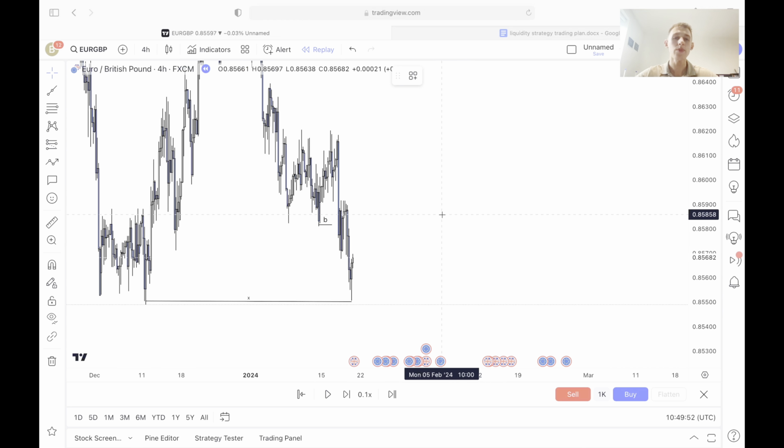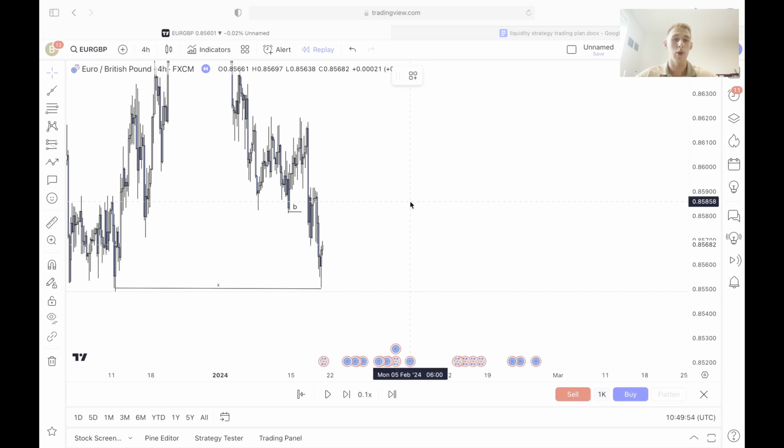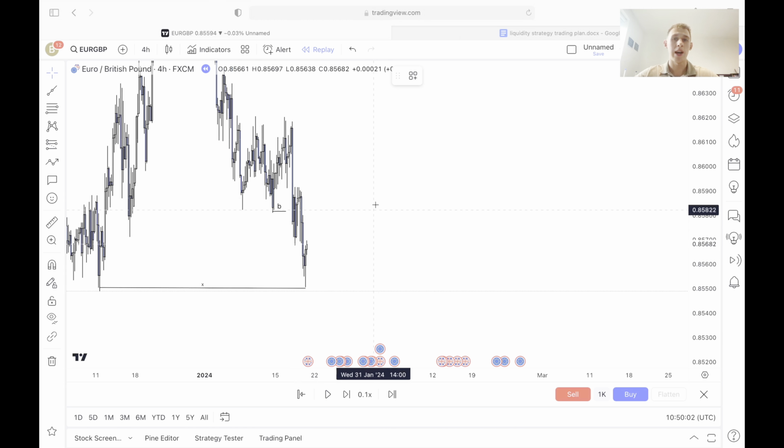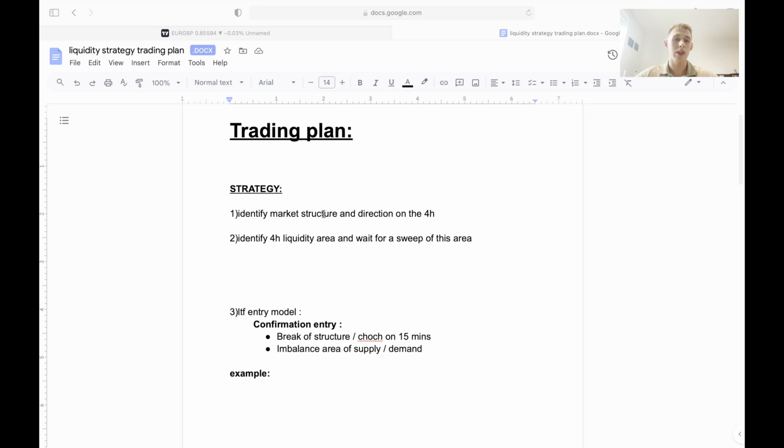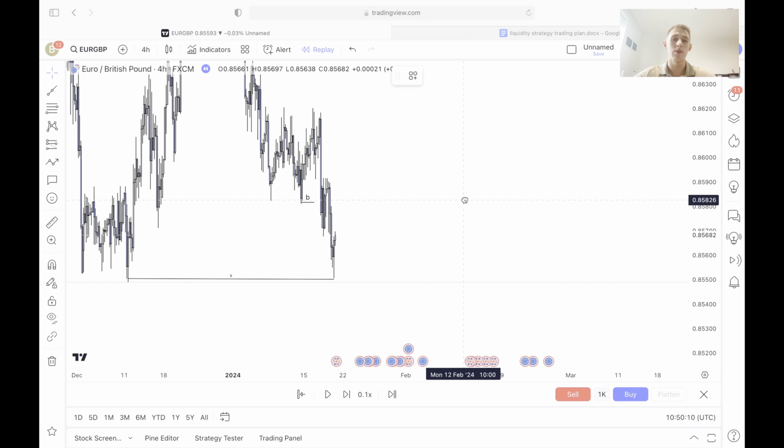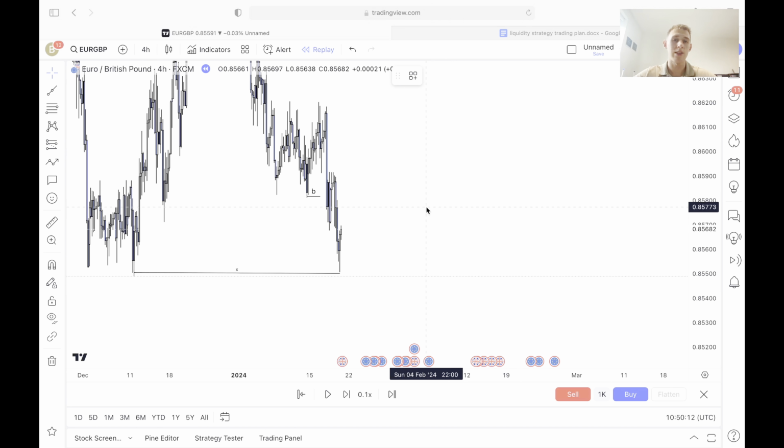So what we've identified here is the 4 hour structure. We've had a break to the downside just here. So we are looking for sells somewhere within this range. And the next step is to identify an area of 4 hour liquidity and wait for a sweep of this area. So the area that stands out to me at the moment, if you look in this range,